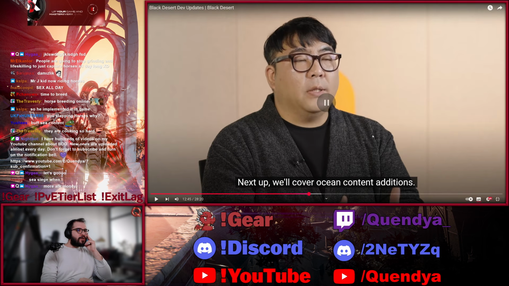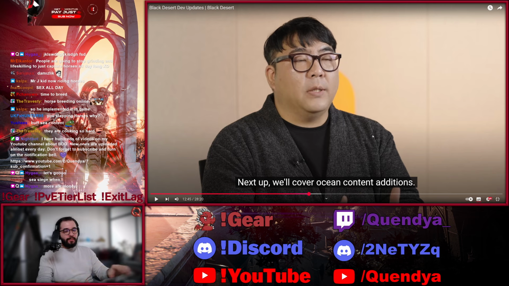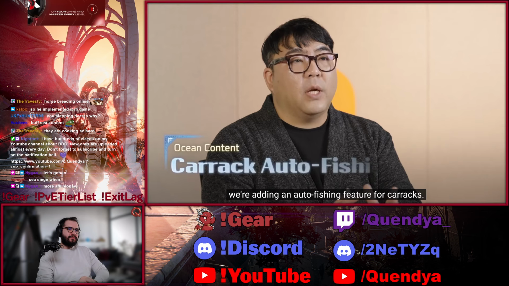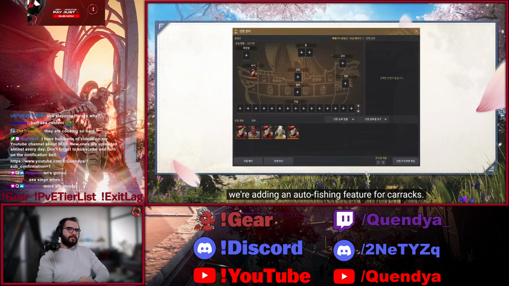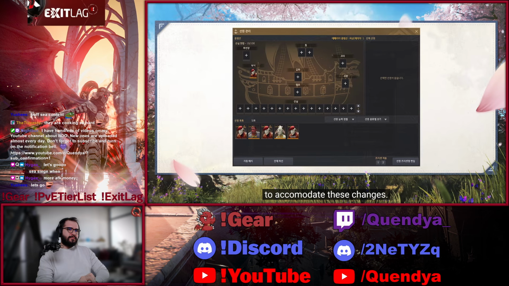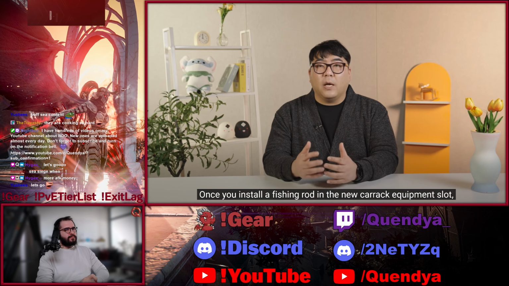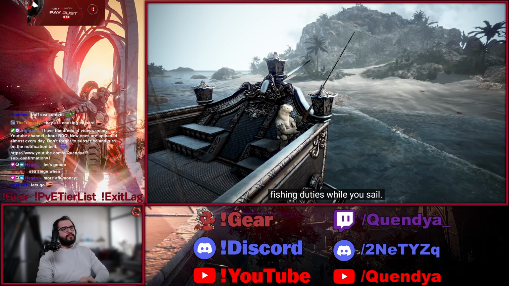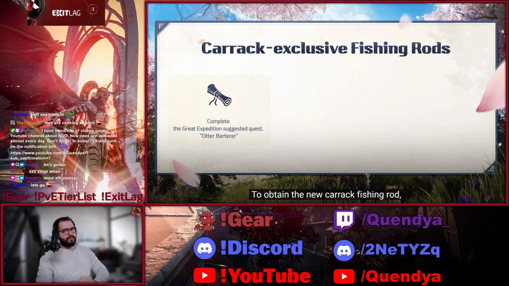Next up, we'll cover Ocean Content Edition. It's a feature announced during the last Calphian Ball. We're adding an auto-fishing feature for Carracks. A new fishing slot will be added to the Manage Sailors UI. Assign a sailor here and it will activate the new fishing feature. The cabins will be expanded to accommodate these changes. Once you install a fishing rod in the new Carrack equipment slot, the sailor will take over fishing duties while you sail. To obtain the new Carrack fishing rod, complete the suggested quest, Otter Barterer,